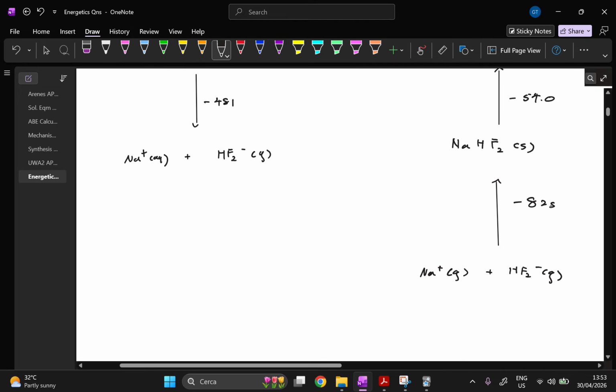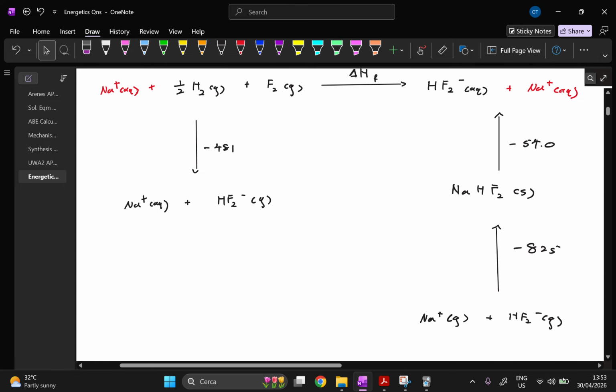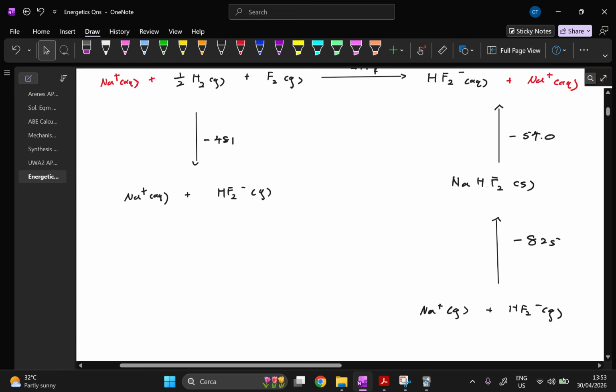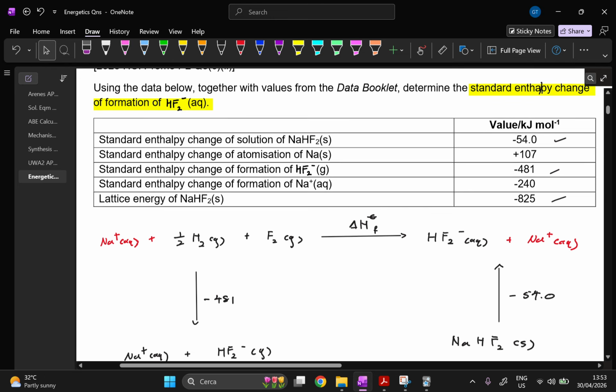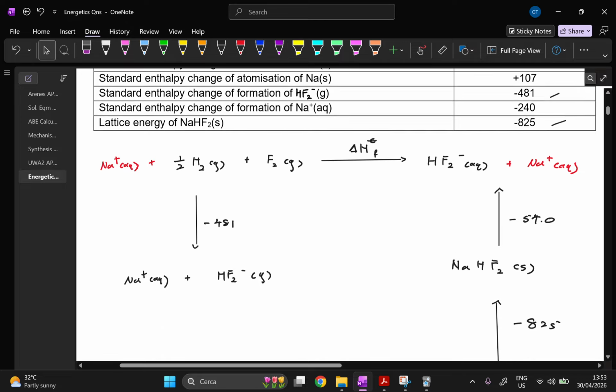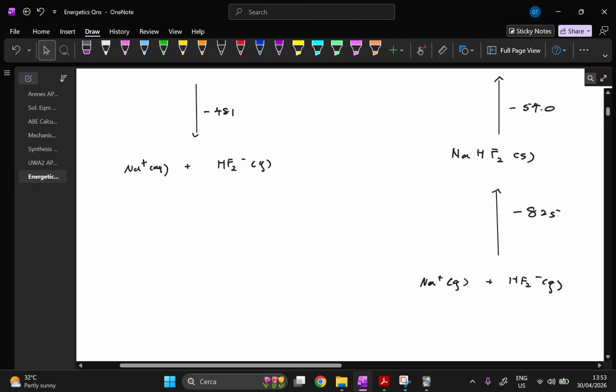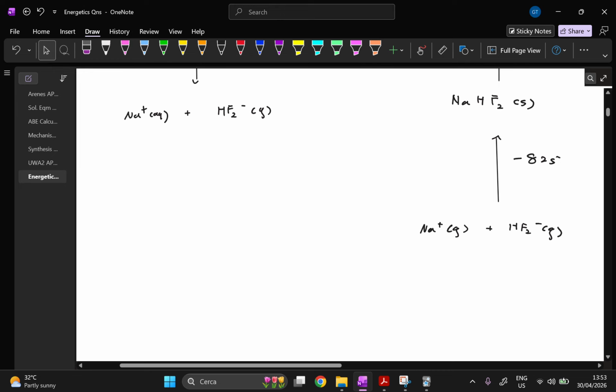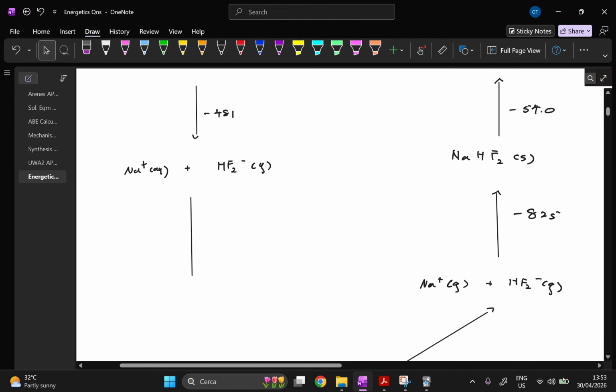So do you see how, now that I've unstuck myself by working from the right as well, I have used another two pieces of information? So there are only two more pieces of information that they want me to use. So I can continue to work from here or I can work from here. Once again, over here, don't just think about how I can go away from here. Think about what I can do to get to here. How can I get an aqueous